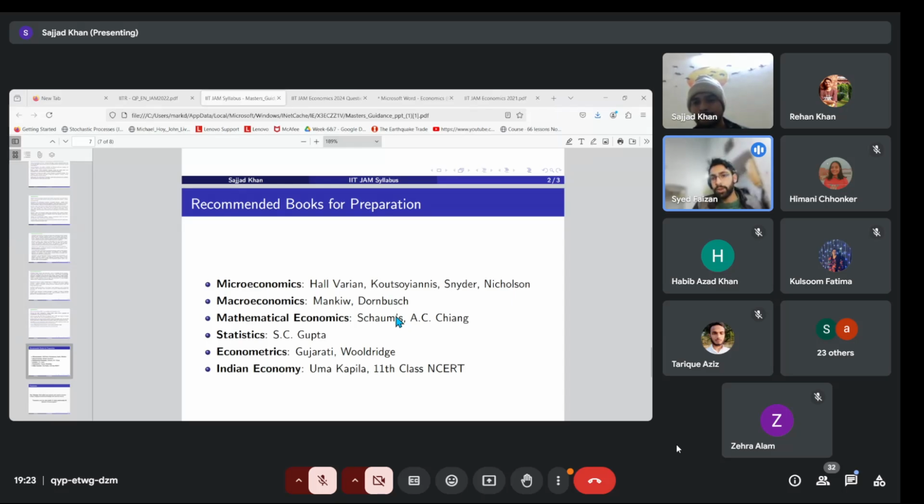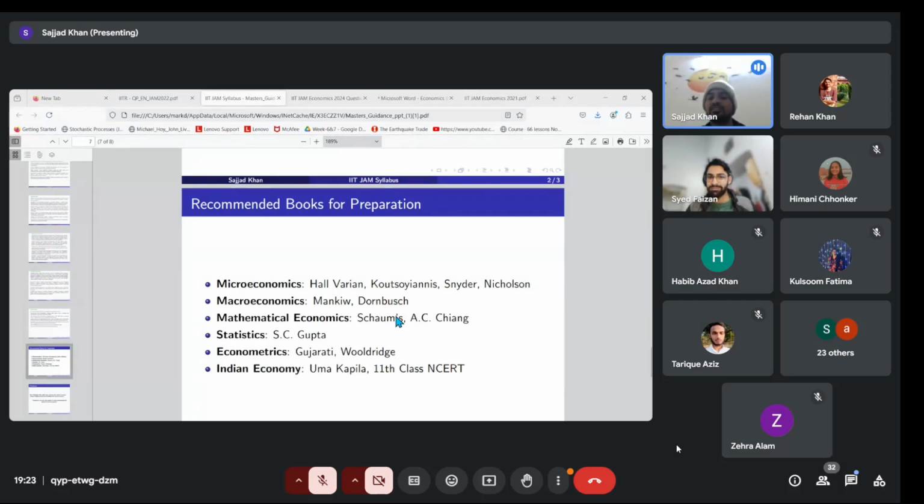I have recently heard that you have qualified JRF, if I'm not wrong. Yes, I have qualified. How was the experience? Can you share it with us? When I was doing my internship in NITI Aayog, I started preparation for UGC JRF, but unfortunately the exam was cancelled. Then after that, in my third semester, in August,